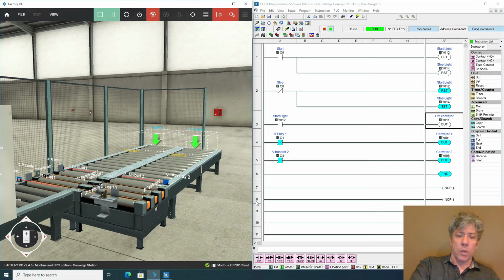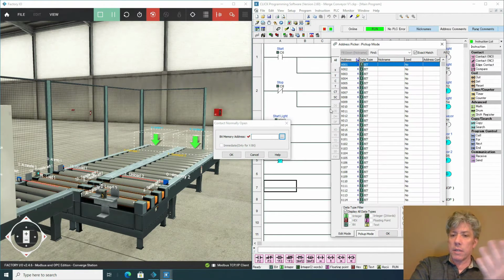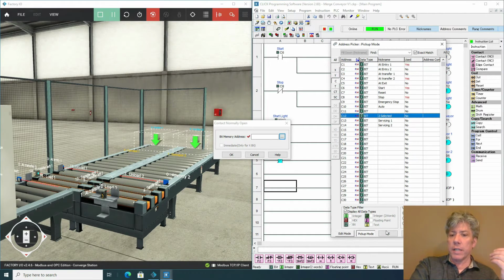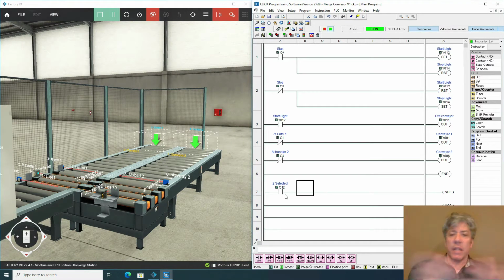So I want to program that whole sequence. How do you program a sequence like that? Well, let's just assume that it is conveyor 2's turn, if you will. Well, we don't really have to assume that. We can know it because we've got a bit that sets that, right? So I would have to know that it's time to send this on. So what does it mean for it to be that conveyor's turn? Well, I set a bit. I defined a bit called toSelected. So in other words, conveyor 2 would have to be selected to be the next one to go